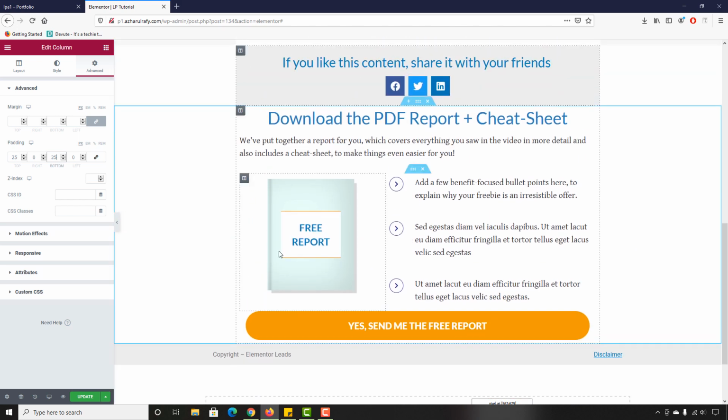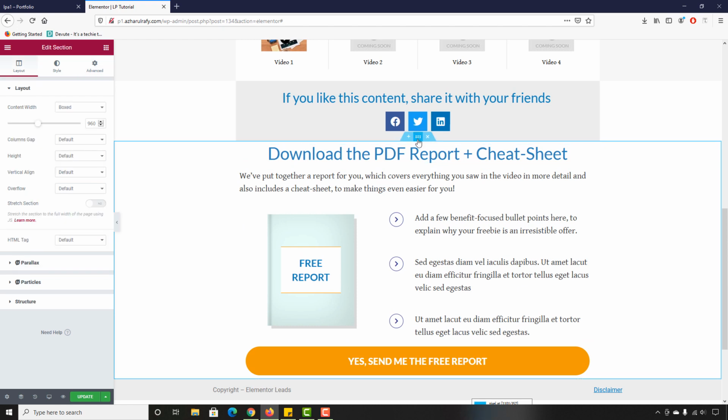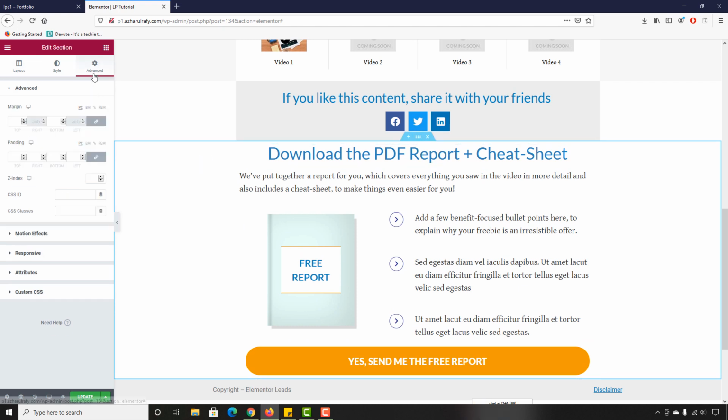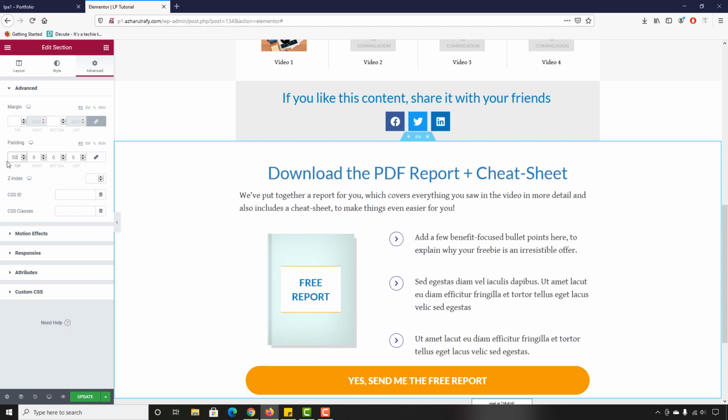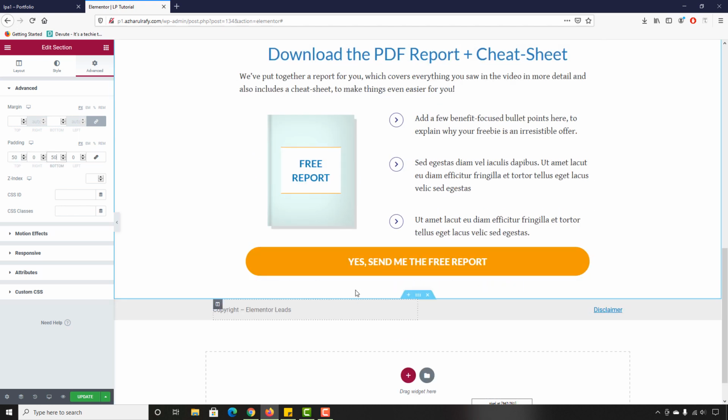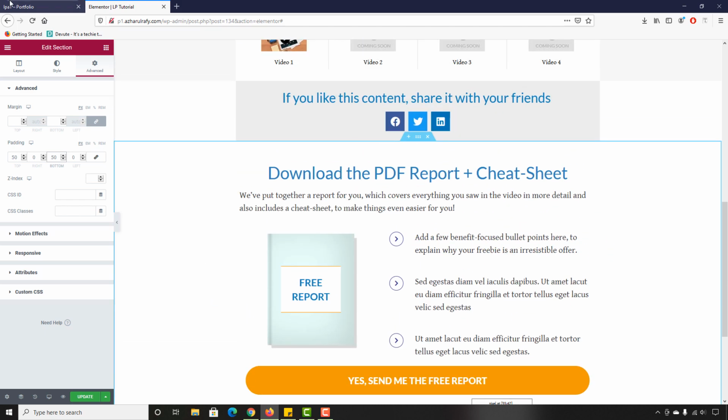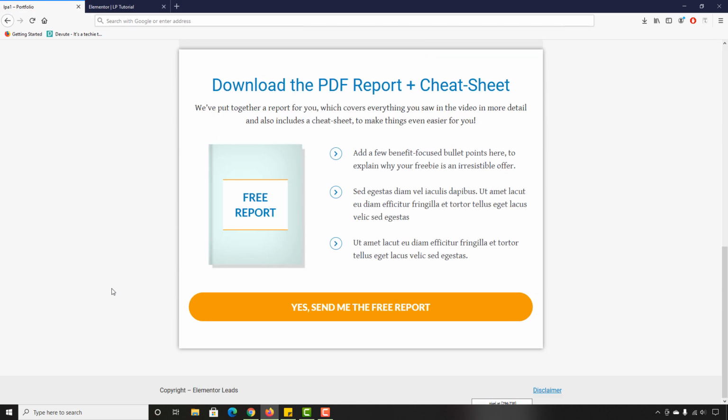And now we have to give some padding here on this section. So let's click here, then go to advanced, then click here to unlink, and then let's say on top I want 50, and on bottom I want 50 pixels of padding. Just take a look how it is looking like. And then if I show you here,